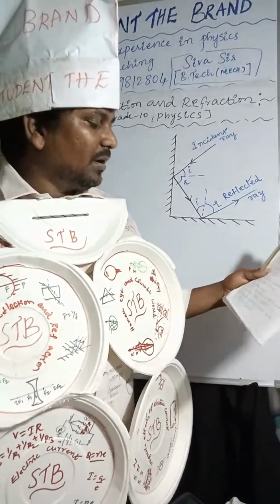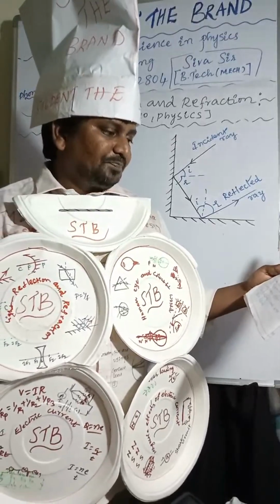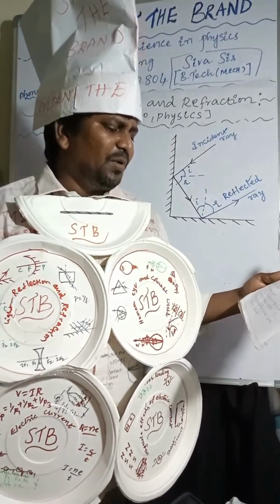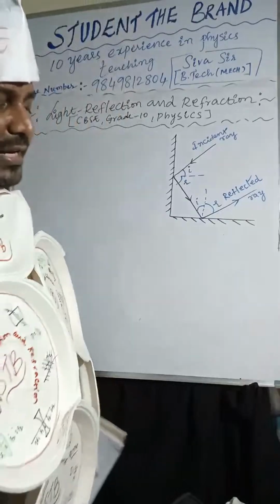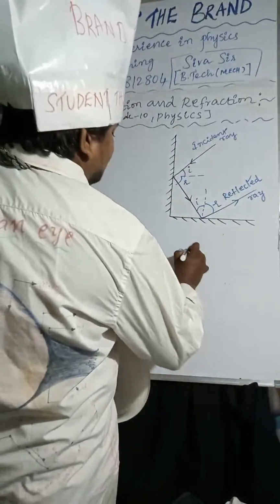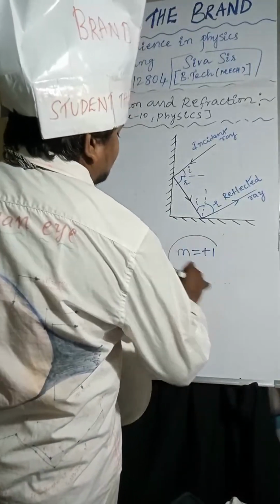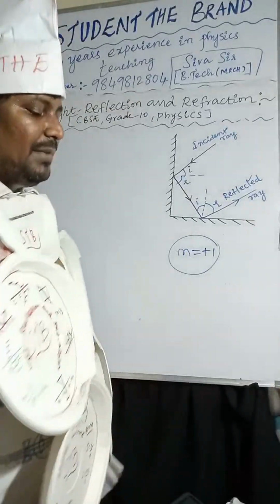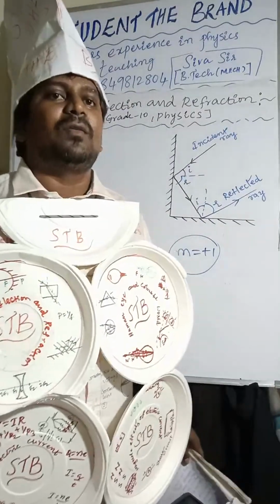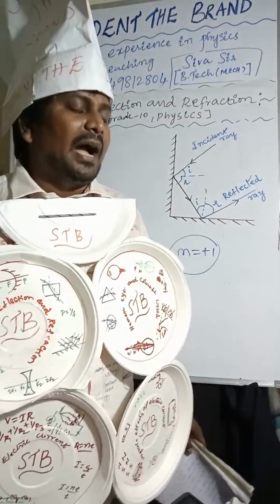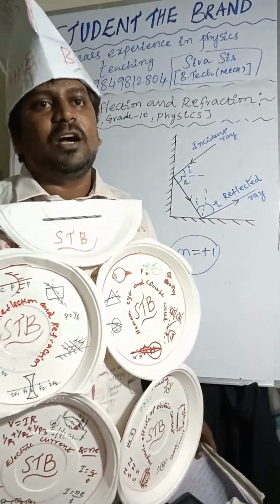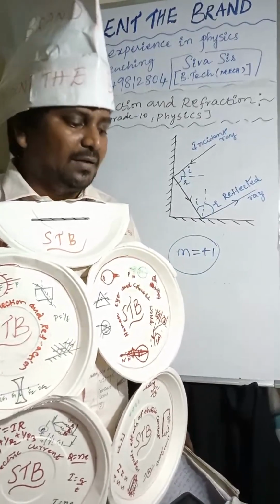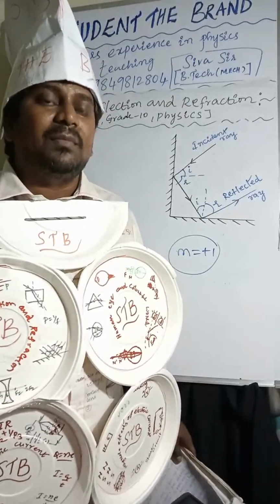I am talking about magnification. Magnification is +1 only in the plane mirror. Magnification is +1 because the height of the image is equal to the height of the object, and also the image will be virtual,